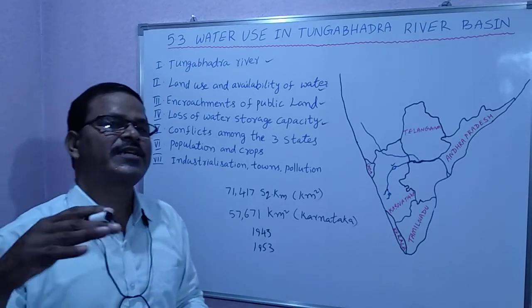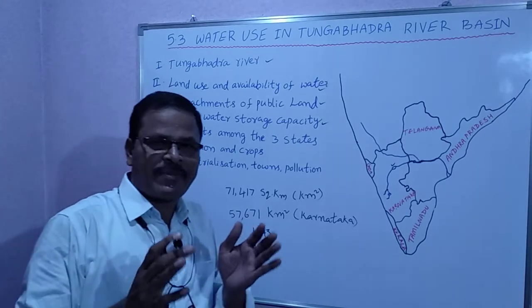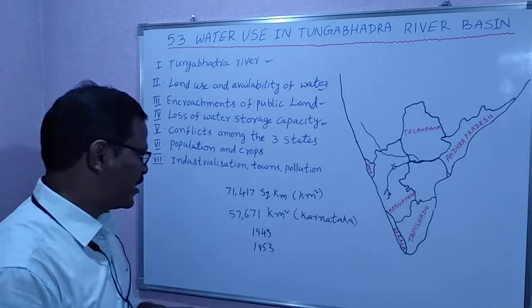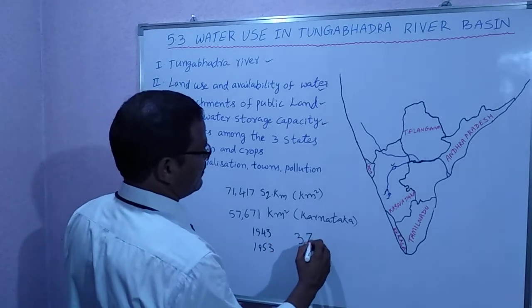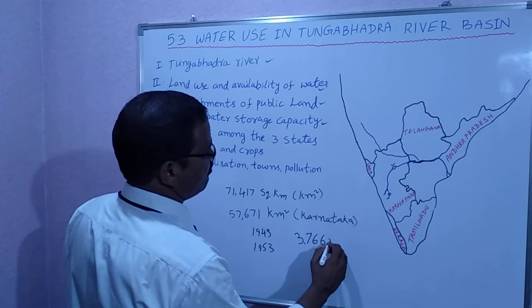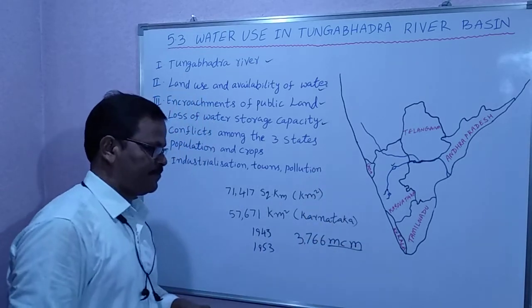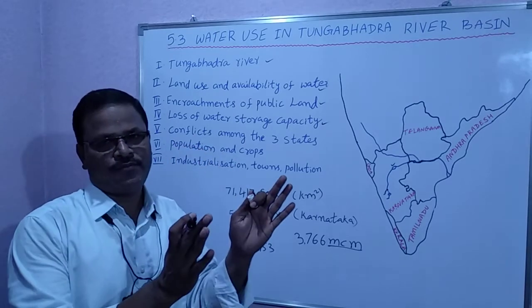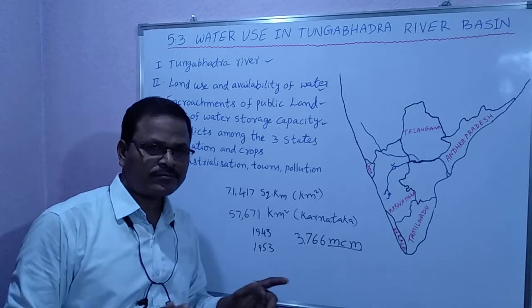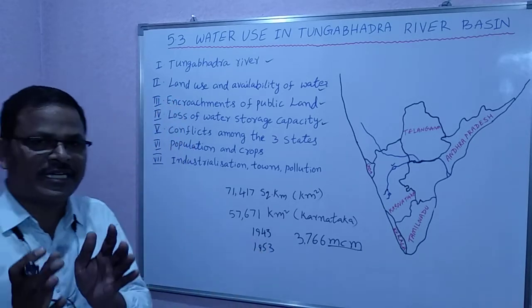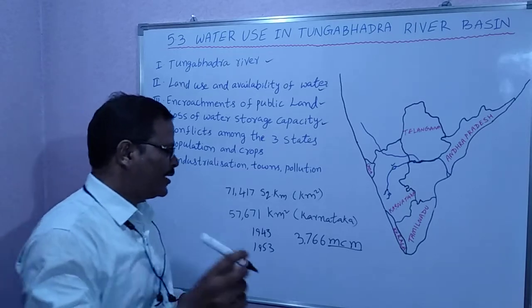About 50 years ago, the water storage capacity of Tungabhadra was 3,766 million cubic meters. And now it is confined to only